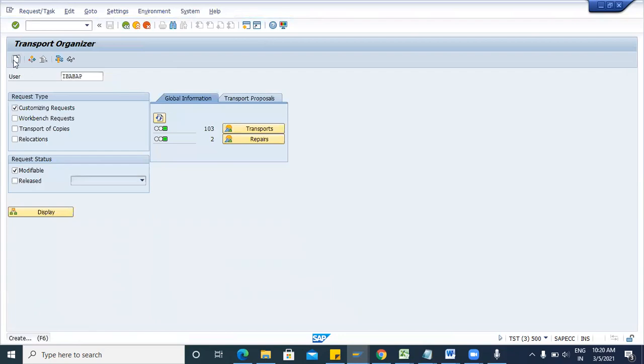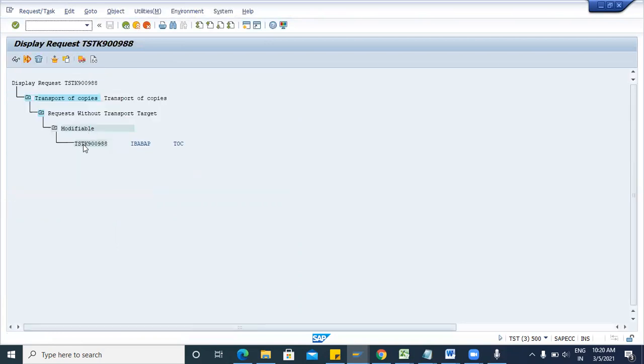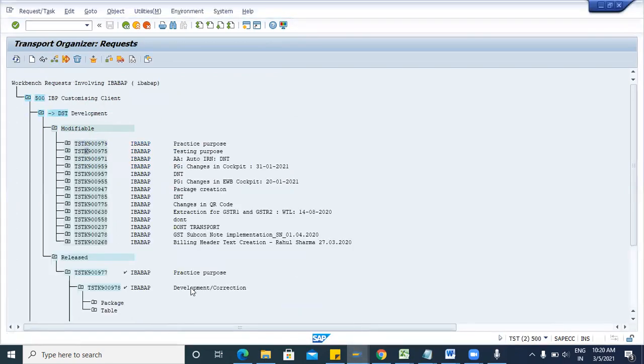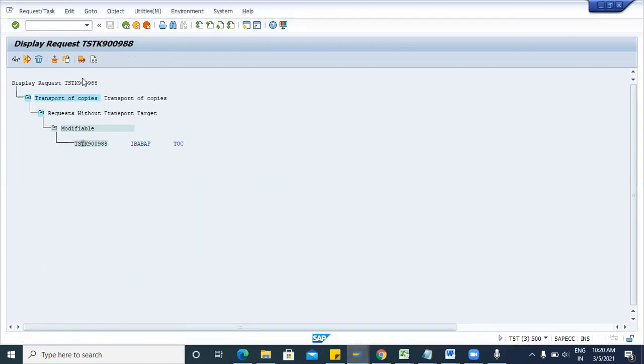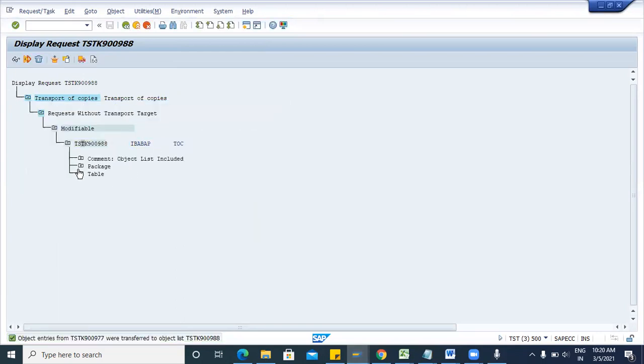Now we will create the TOC. Here you can click on this create button, then TOC. We will have only a main TR for the TOC. We will not have any sub TR. Now you can merge your customizing request and workbench request. Just copy your workbench main TR and paste it here. Here you can see your objects.